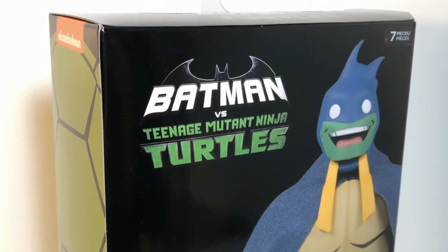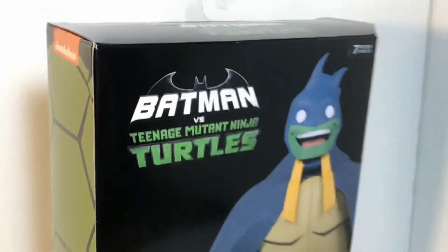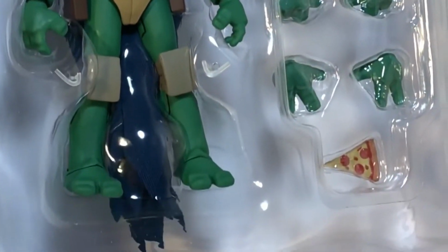So it's kind of cool to get that. It did put a smile on my face, like the Joker would say. And you know what? I gotta see this figure. So I say we open it! And after sliding the figure's tray out of the package, all I can say is exactly what Michelangelo says while